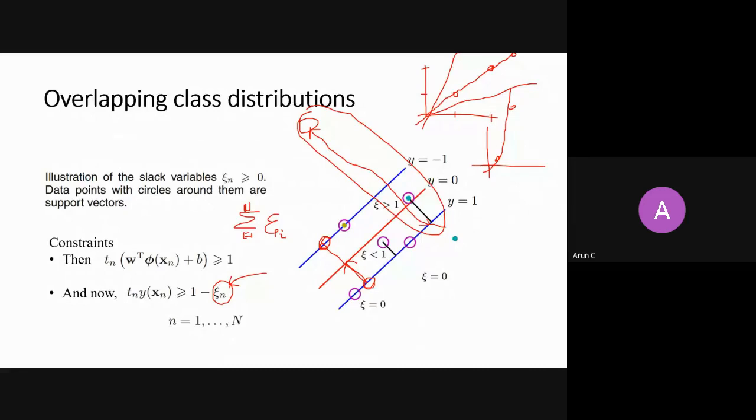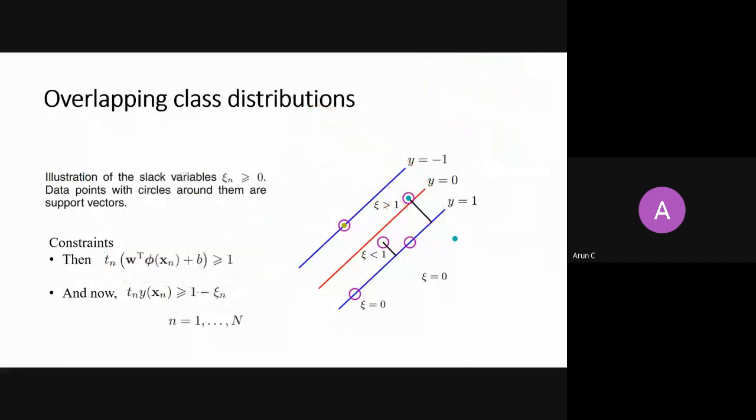Okay. The rest of the things are the same. This is the same constant that you want on the right side for hard margins. Now what you're saying is that this is actually y_n, and you want to add some slackness here, and when you bring slackness to the right side, it is negative of that. So this is how you are getting it. Fine.